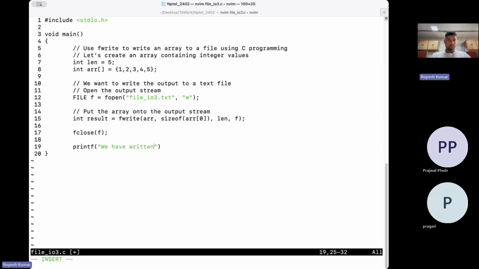We have written an integer array containing this many elements, right? So how many elements did we put? We put a total of n elements. And then finally, we can tell the user